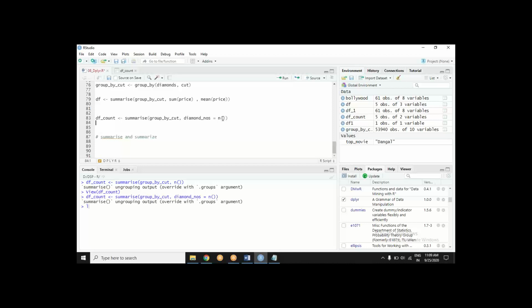No, you don't need to mention anything here in bracket. N is the function which means count, and it works particularly for the summarize function. One more thing to notice is, if you type summarize, there would be two summarize functions you will see. One would be this spelling, another would be this spelling. Do you see that in auto suggestion?